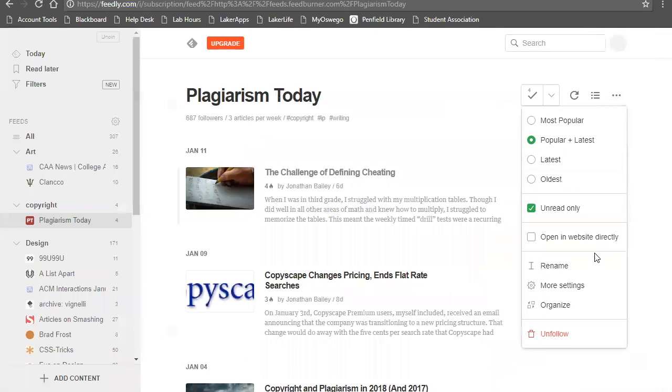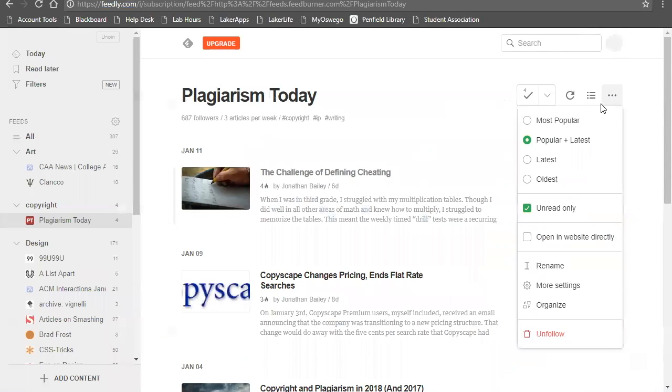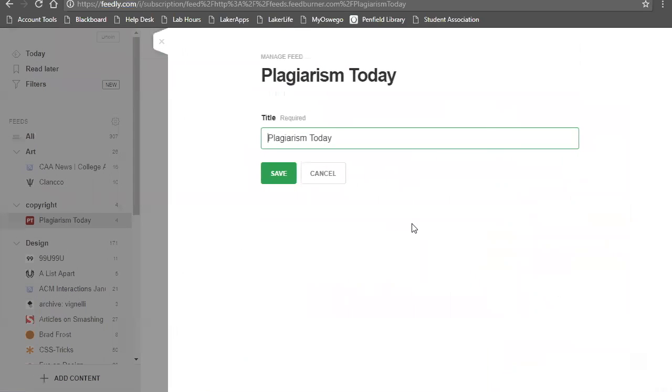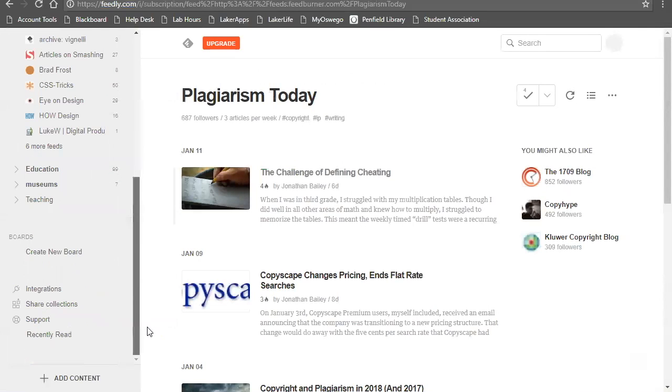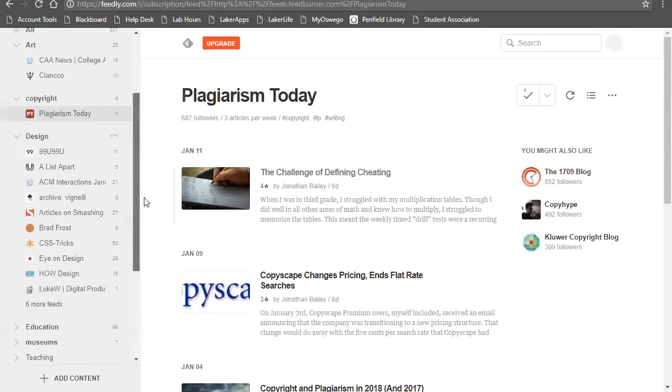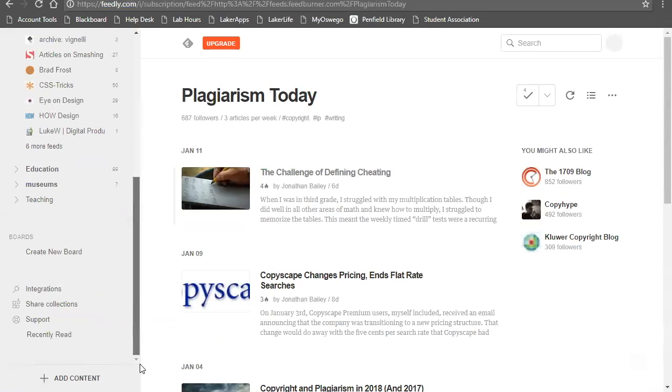Oh, right here. Why would someone call that more settings? That's kind of dumb. I would think to put it under settings. Oh no, that's just for the feed. I think there's account settings over here somewhere. I use my phone more. I've never, like I said, used the integration on here except yesterday.